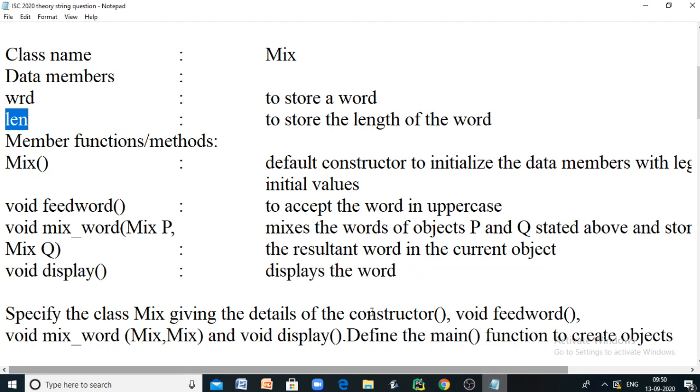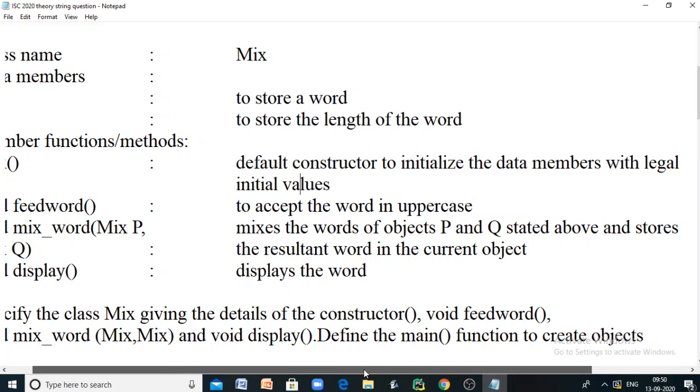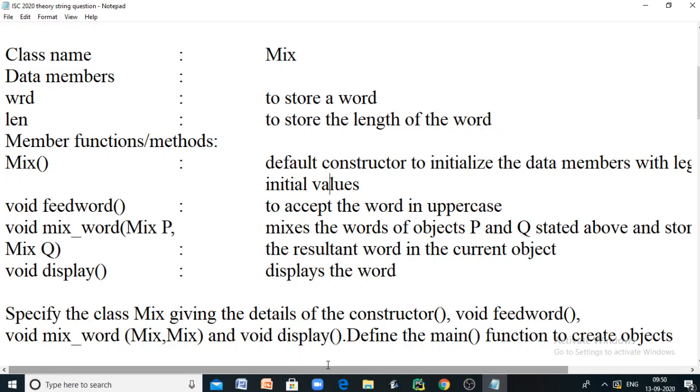Now what's next is the member functions. The first member function is Mix. The name of this member function is the same as the name of the class, so we can guess that it's a constructor, and this is a default constructor used to initialize the data members with legal initial values. The legal initial value for a string is empty, a set of double quotes without content, and for an integer it is 0.